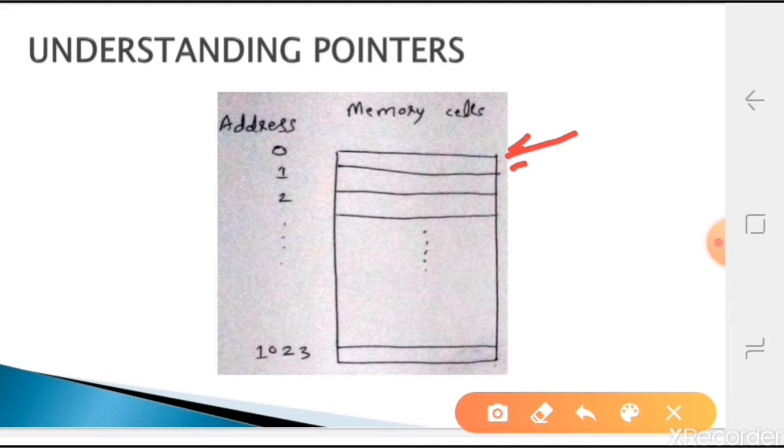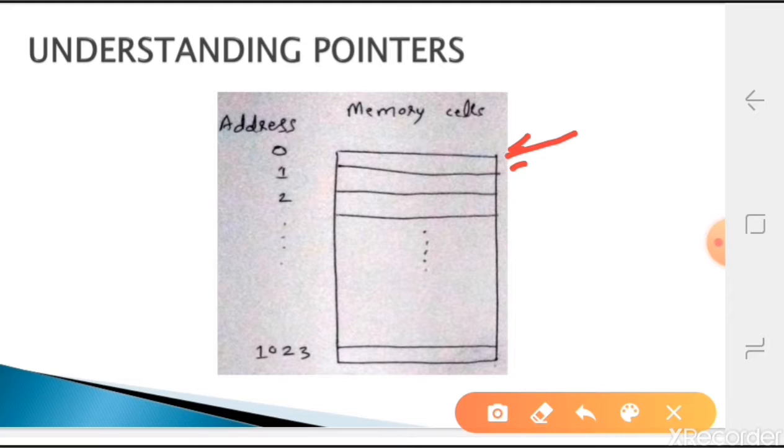Whatever we are doing will be stored in this memory. You store the programs, and the variables you create inside the programs are stored in this memory only. How many cells are required to store a variable? Maybe one cell, two cells or 10 cells. How many bytes are required depends on the data type of the variable you are creating.